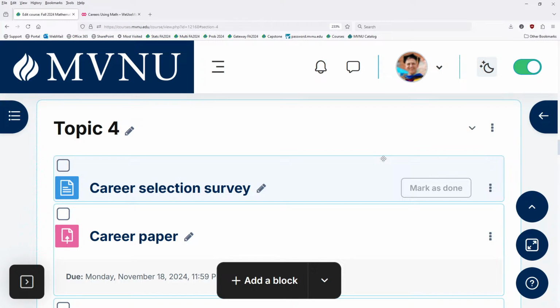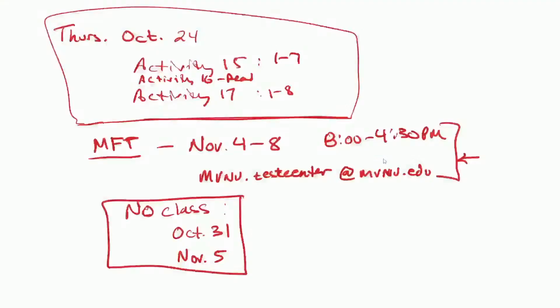So we will have a second test at some point, probably after we finish all of this apportionment nonsense. No, it's not. It's good stuff. So at some point, I'll figure out which day, one of these days coming up. So I guess we've already used up those 2 days. The 2 days after Thanksgiving, we can't have a test. So sometime between November 5th and Thanksgiving, we'll have our second test.